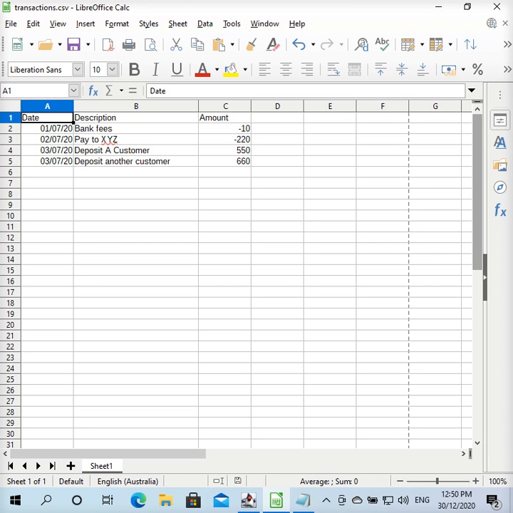Just making this video for the free accounting software users to show you guys how to import CSV data or transactions data into free accounting software. So now this is a spreadsheet and I've just typed out some example data into this spreadsheet